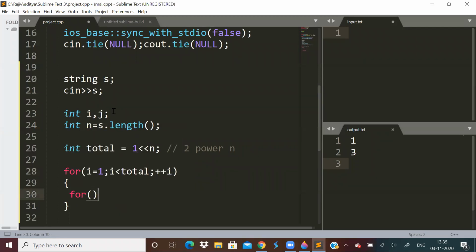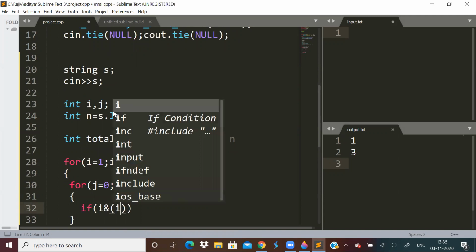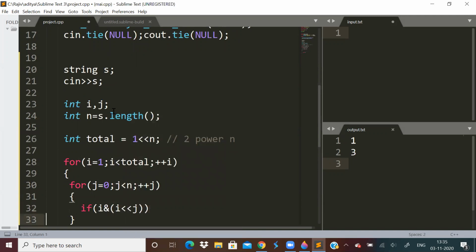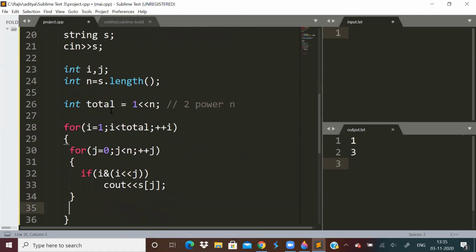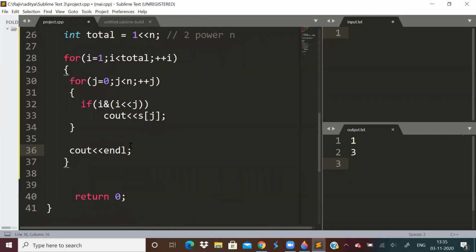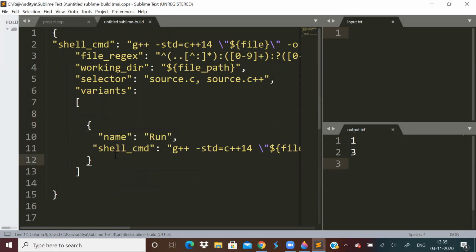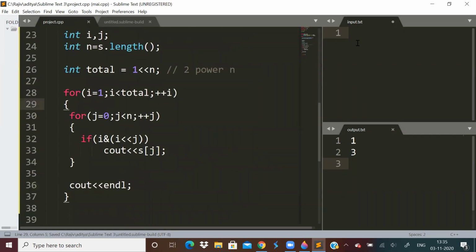Inside, we have to scan through the string, so j equal to 0, j less than n, ++j. And here, if i AND (1 left shift j), then let us print the character, and let us give an endl over here. Okay, let's see if it will run.